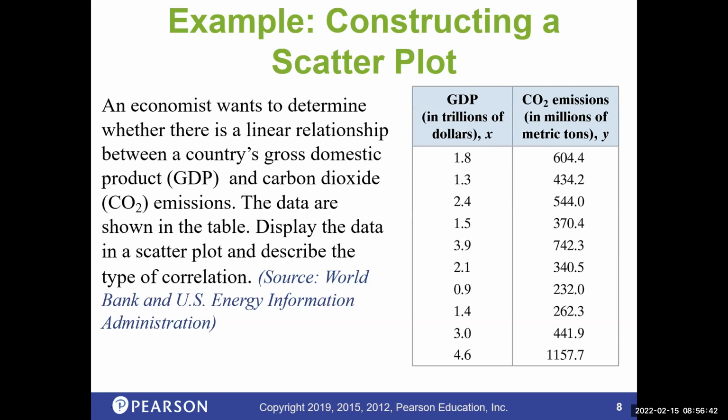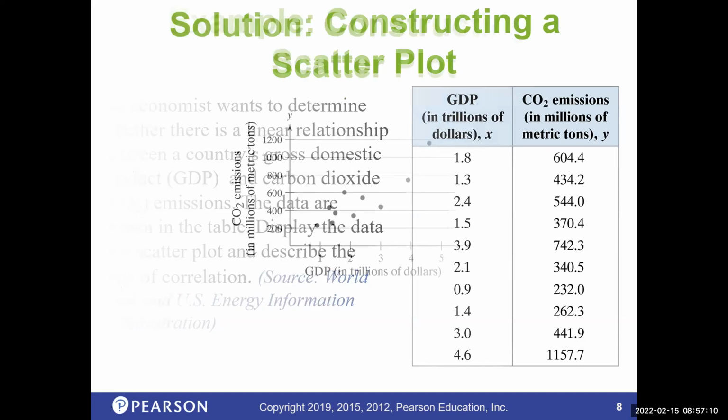I just moved positions. Okay, so we have like 1.8, 1.3, 2.4. And if you notice on the right, that's actually going to be the different type of the CO2 emissions in millions of metric tons. So we have all this different data. Now, don't do it, but if you put this into a calculator, or you actually just sketch it, you could sketch this probably easier. And you plot all these different points,